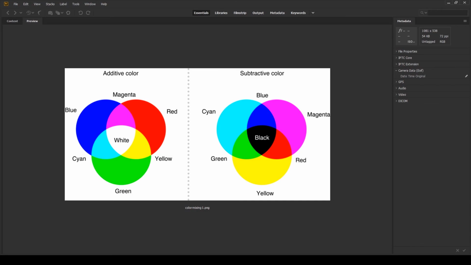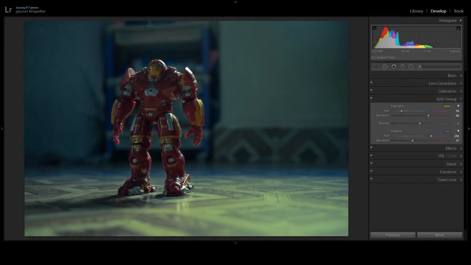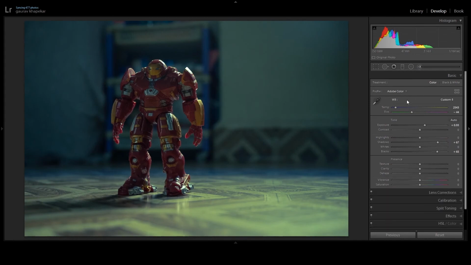Another example I'm going to quickly show you is on my Lightroom, how to set the white balance. You go to your basic panel, there is an eyedropper tool which is the white balance selector. You just go there and choose a point which would actually have been white in the actual picture. If I think this is white, it doesn't look like white. Or maybe if his chest was white, it looks like white, so it looks color graded. But you can always play with this. You can choose different colors and experiment with this.